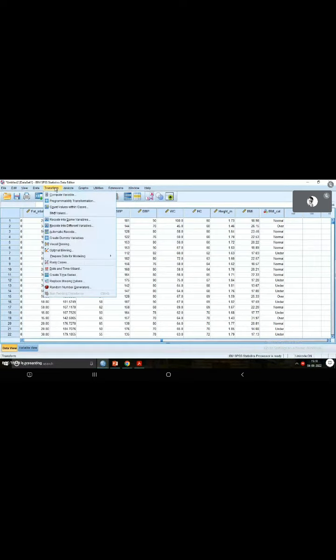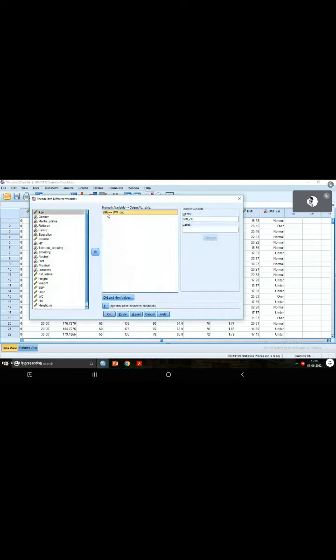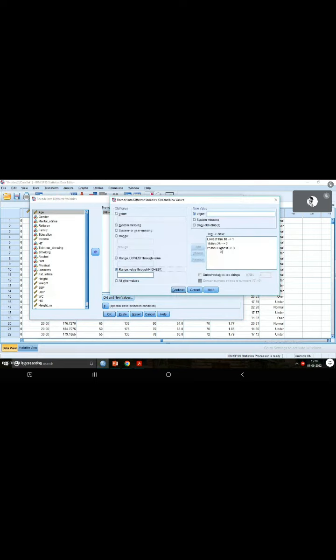So all you have to do is use this option, transform, recode into different variables, specify the variable that you're categorizing, give it a new name, then go to old and new values, then specify using these 3 options, that is range lowest through, range highest and range. Specify the categories, that is the cutoff for BMI and the corresponding value, and just click continue and you will see the variable which is created in the end of your data view. That's it. Okay, this is how you can recode or categorize a quantitative variable and convert it into a categorical variable.